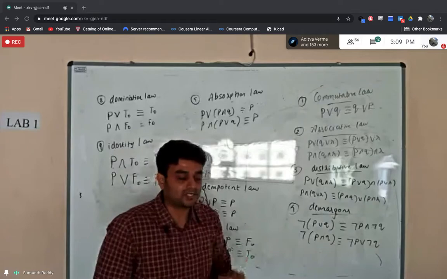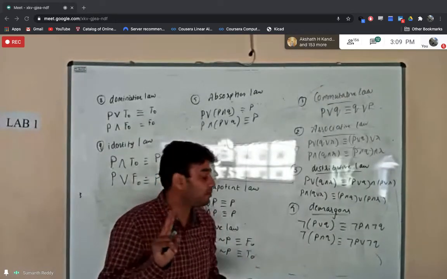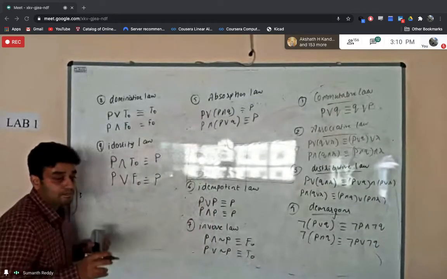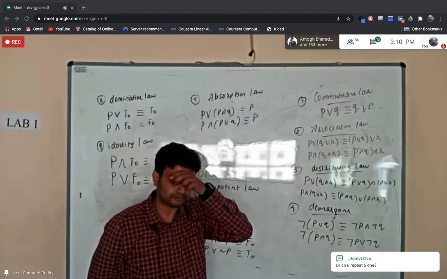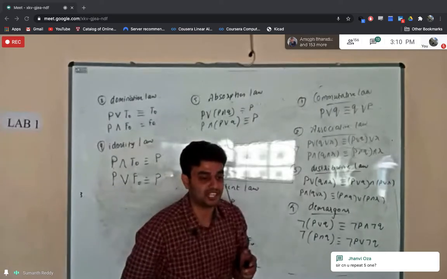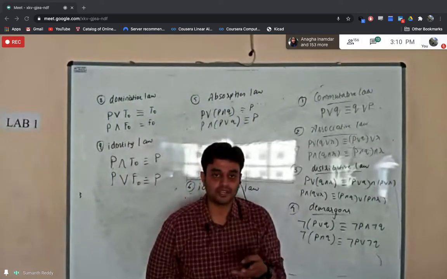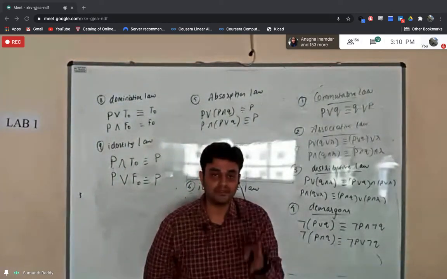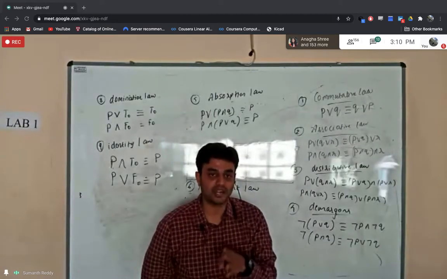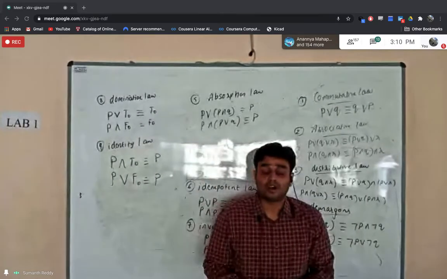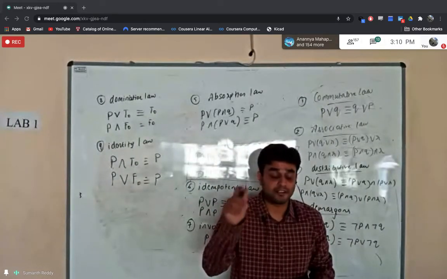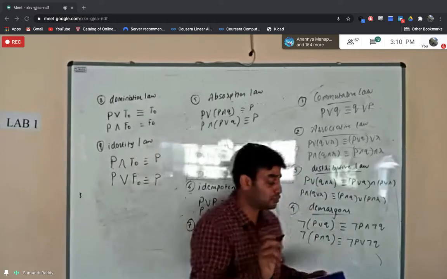Along with these formulas, 2 important things you have to remember. In the previous class, I taught you about the conditional. Suppose you have a conditional P implies Q, its converse is Q implies P, its inverse is negation of P implies negation of Q, and its contrapositive is negation of Q implies negation of P. I told you, right? On the same day, I also wrote the truth table and showed you.